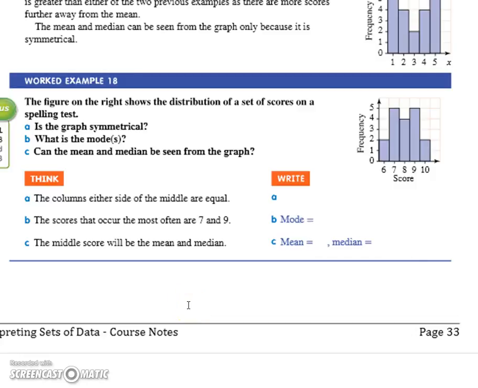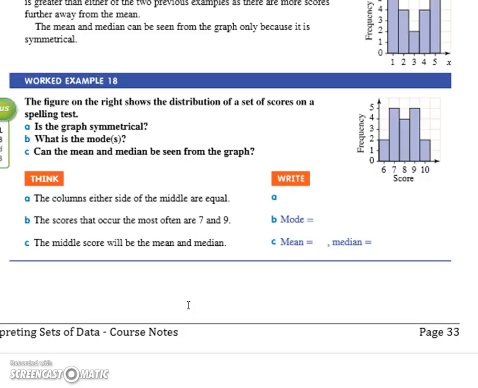Okay, so we're talking about skewness and whether the graphs are skewed. In this particular one, the other thing, we looked at those first three examples that were on the right-hand side, and all of them were symmetrical. Okay? So the figure on the right,